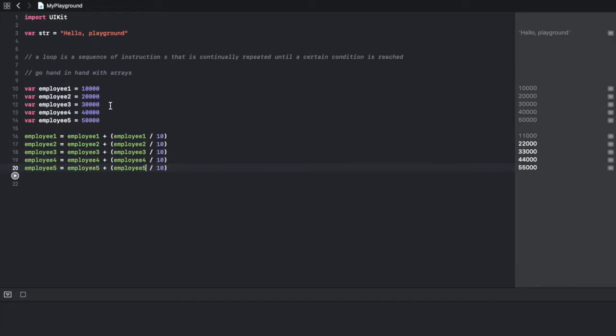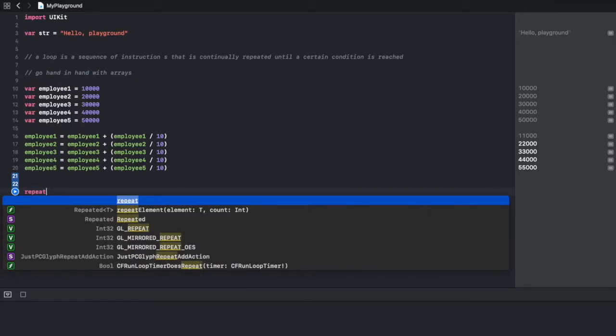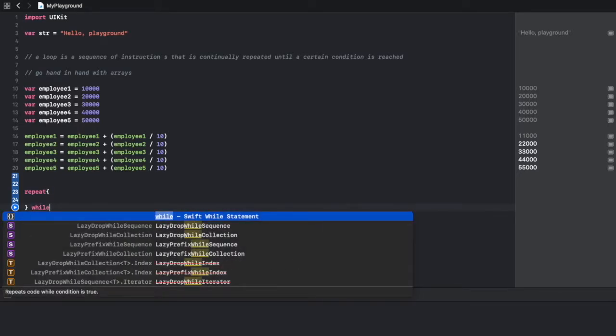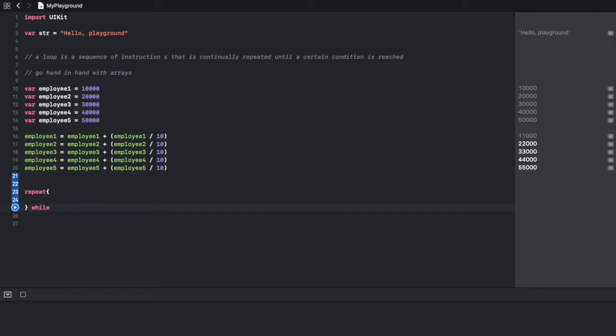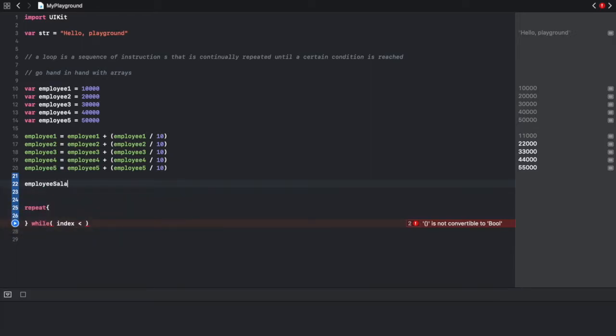So now we can use loops in order to make this process a lot easier and a lot quicker and a lot less tedious. The first loop I'm going to demonstrate is a repeat while loop. Basically it's a loop that repeats the same thing while a condition is still valid. So the condition we're going to do is while index is less than, well, first we have to create the employee salary